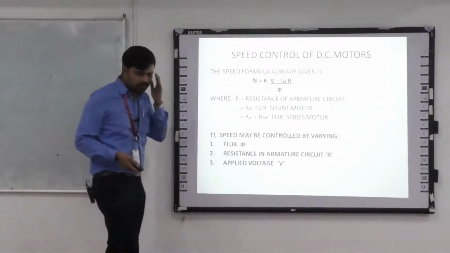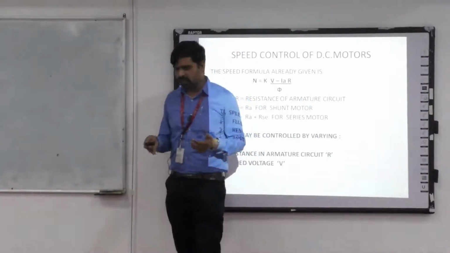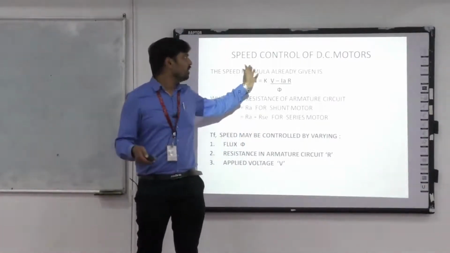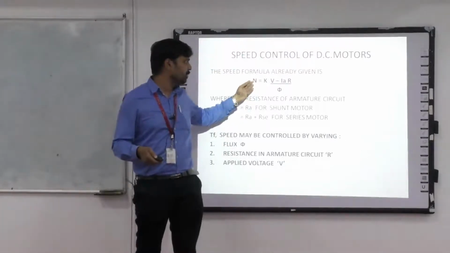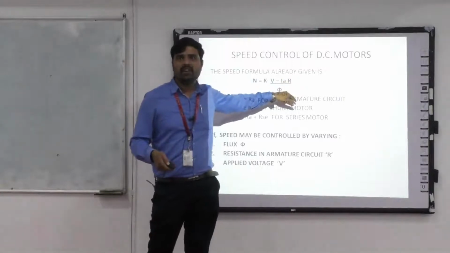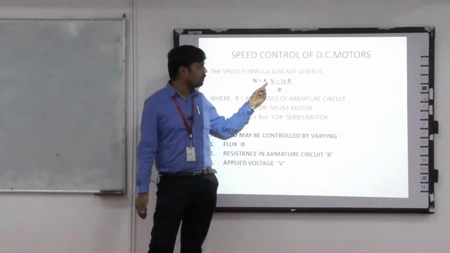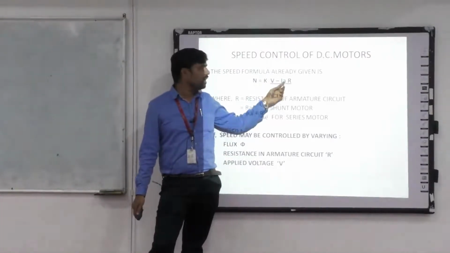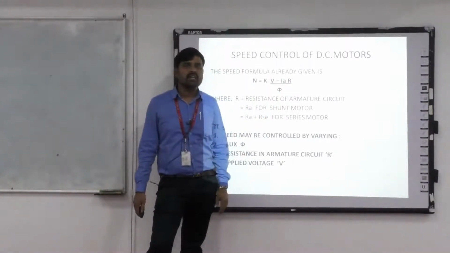Next one is speed control. How to control the speed of the motor? We have some control mechanisms to control the motion. So, speed control of a DC motor. We know the general equation, N is equal to Eb by φ, where Eb is E minus Ia Ra, divided by φ. So how to control the speed of the motor? The speed of the motor can be controlled by means of armature voltage, flux control method, or armature resistance control method.